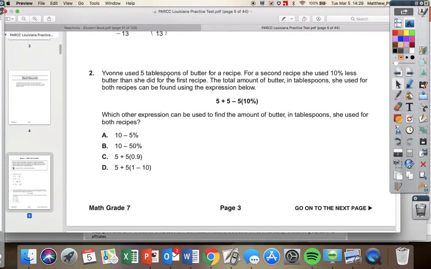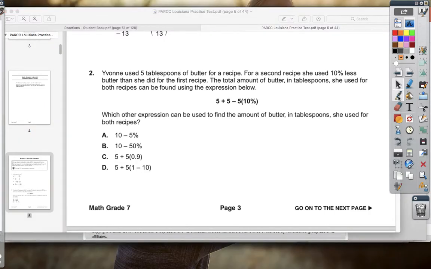Yvonne uses 5 tablespoons of butter. That is a lot of butter. For a second recipe, she uses 10% less than she did for the first time. The total amount can be used given the expression. So this is nice. They actually give me my expression that I can use to work with. Now, a few things about the expression. Notice how